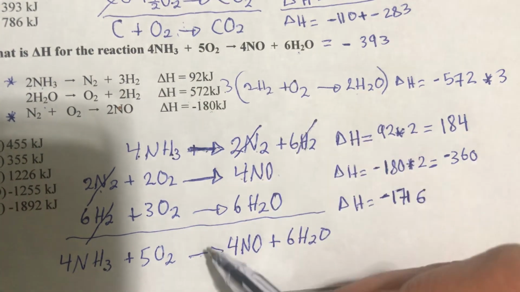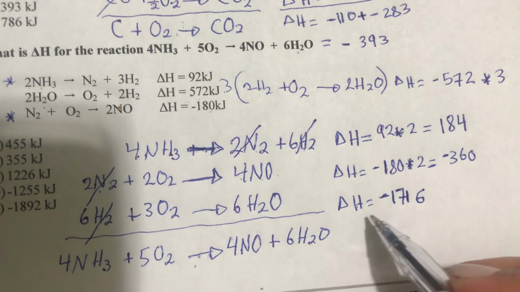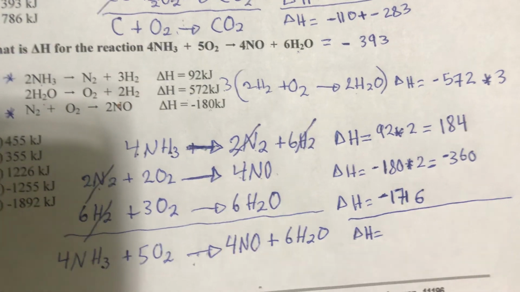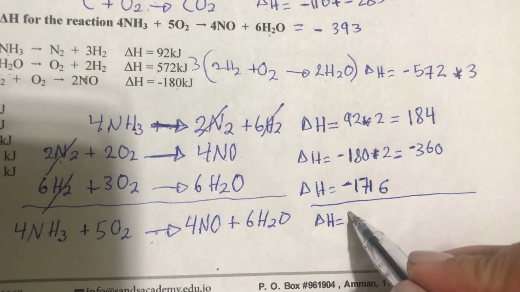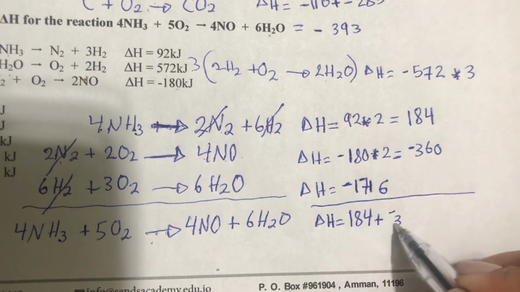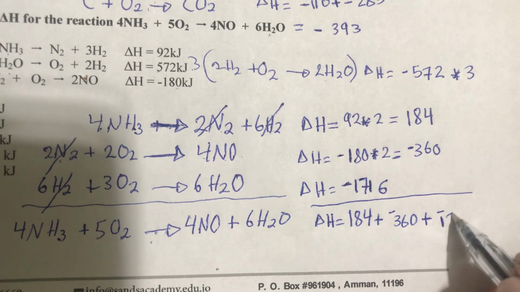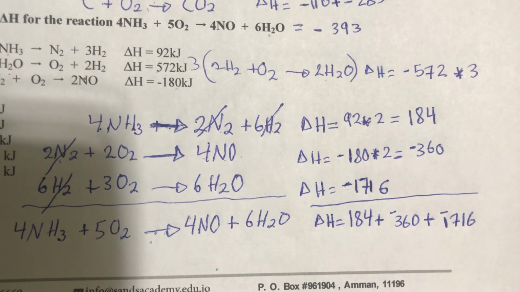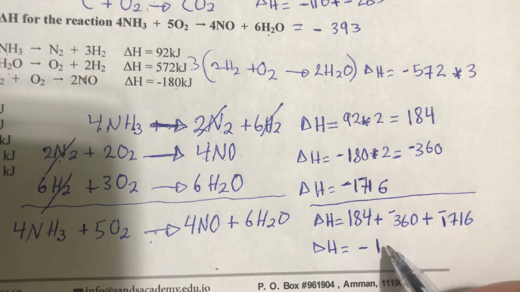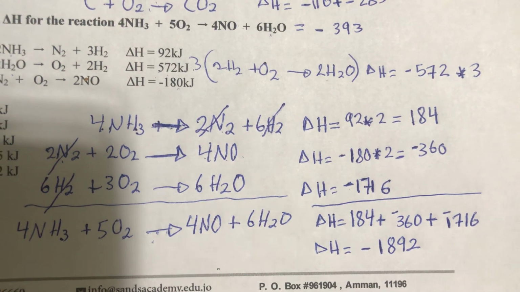So now you get the reaction. So here you have to add. So delta H equal 184 plus negative 360 plus negative 1716. So delta H equal negative 1892. So the answer is